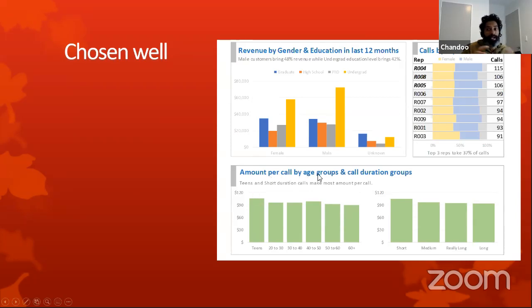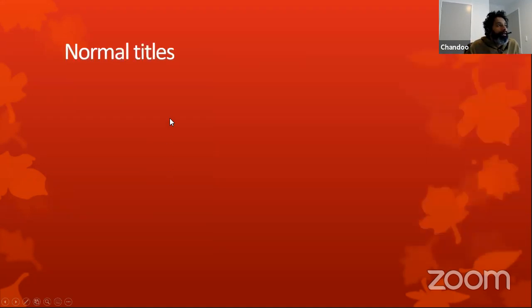So rather than showing amount and calls, I've created a third composite measure that just calculates how much amount is coming per call, and visualize that by age groups and call duration groups, so that you can get a sense of what is happening, which groups of customers are spending more per call, and which type of duration of call is also spending more. So that's that.